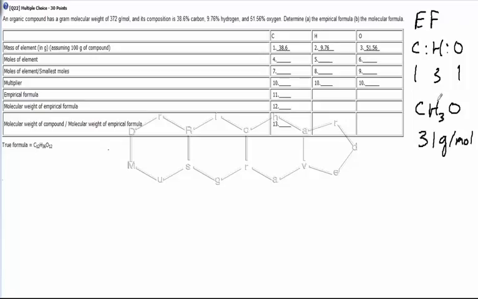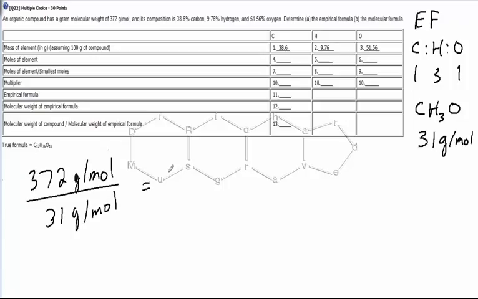What we're going to try and do is figure out how many empirical formula units we can fit into 372 grams per mole. So we take the 372 grams per mole, which is the molecular weight of the compound, divide it by the weight of the empirical formula, and that's going to come out to be 12. So that tells us we can fit 12 of these units into